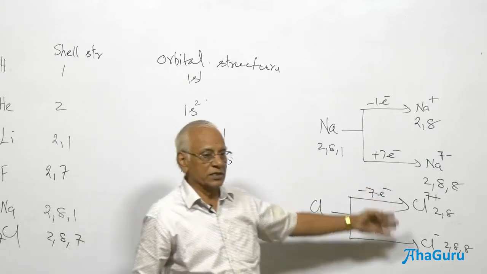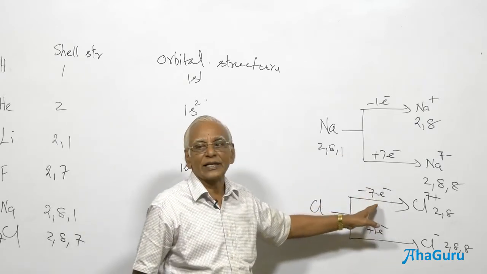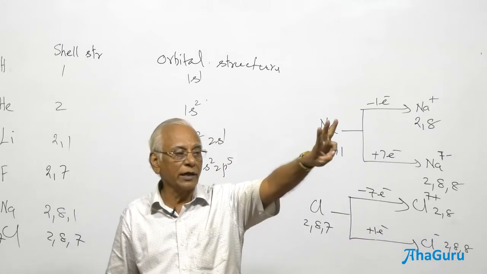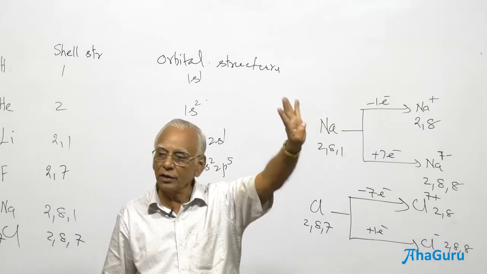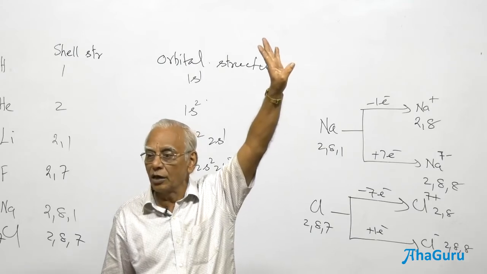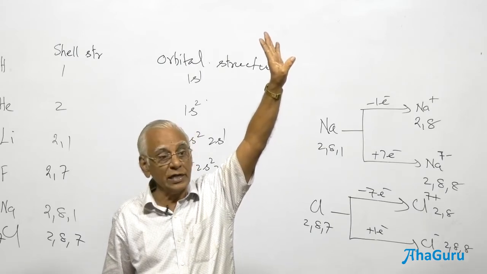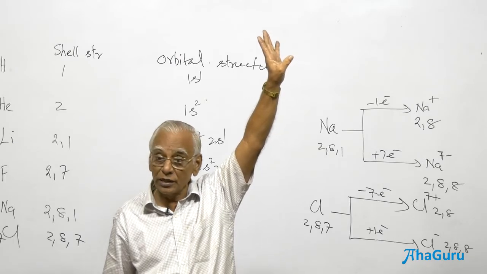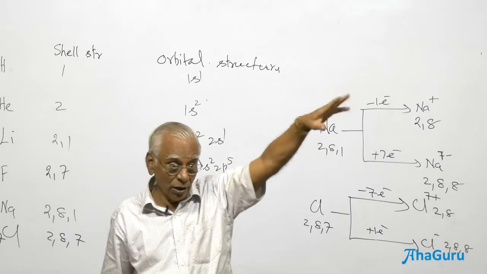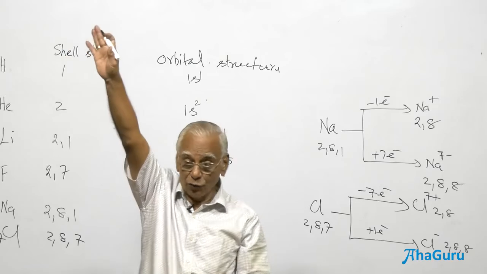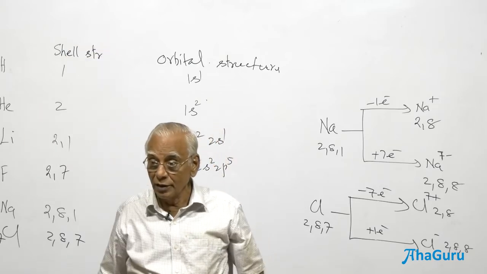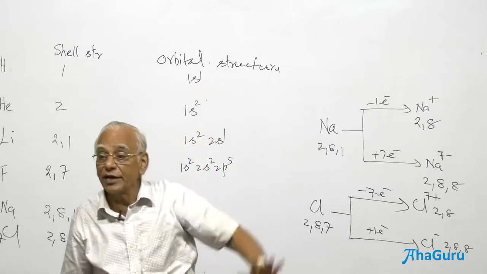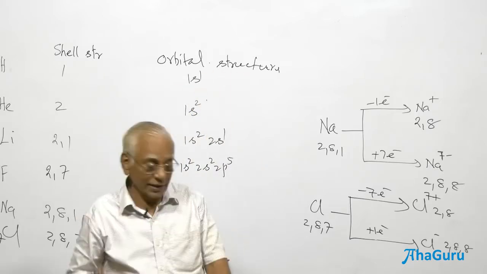Energy considerations: the energy involved in removing 7 electrons is difficult. You can remove 1 electron, 2 electrons or 3 electrons maximum. Removal of the 4th electron you very rarely see, not in an ionic compound. You are able to see 4 positive charge in terms of the oxidation number, oxidation state. An element cannot lose 4 electrons straight away to form 4 plus, no, it's very difficult. If that is so, removal of the 5th, 6th and 7th electron is going to be very difficult here.